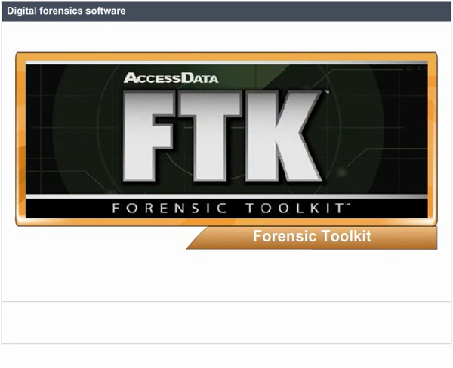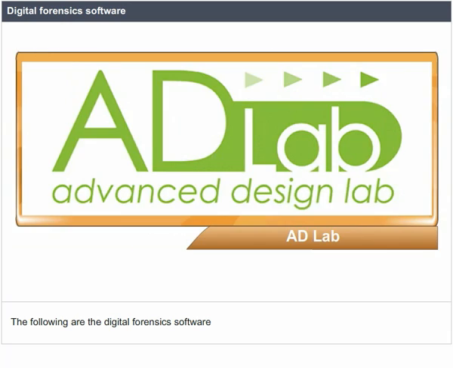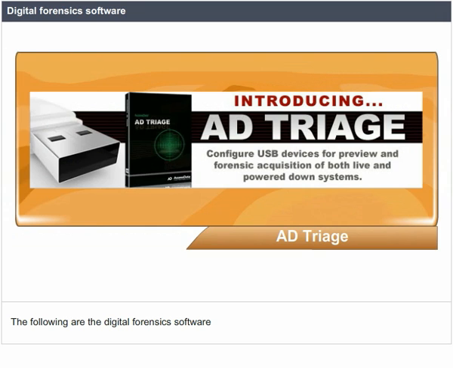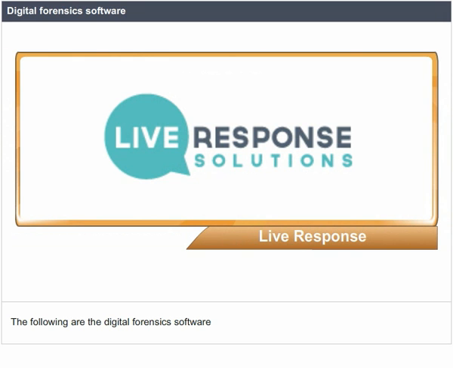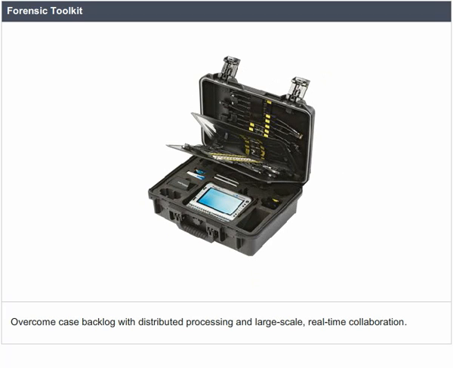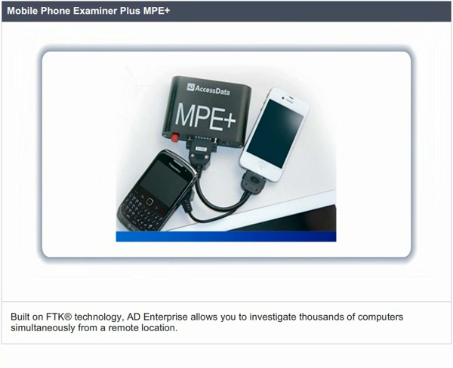Digital forensic software. The following are the digital forensic software: Forensic Toolkit, Mobile Phone Examiner Plus, MPE Plus, AD Lab, AD Enterprise, Silent Runner Mobile, Digital Decryption, AD Triage, Live Response. Forensic Toolkit. Overcome case backlog with distributed processing and large-scale real-time collaboration. Mobile Phone Examiner Plus. Built on FTK technology, AD Enterprise allows you to investigate thousands of computers simultaneously from a